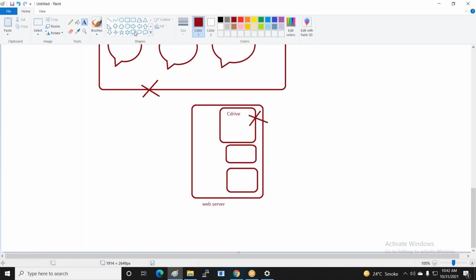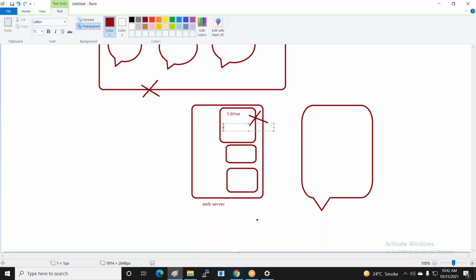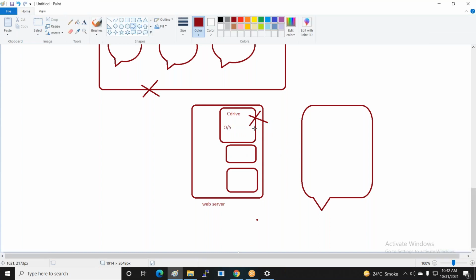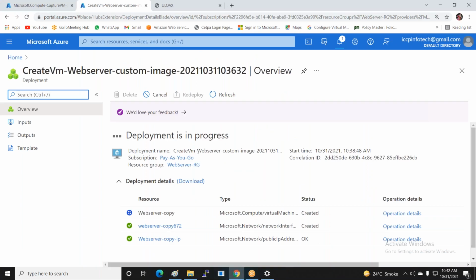This is my web server, and you can create a new web server, a new server. And how do you change the hard drive? I'm using this web server, the IIS server installed on this hard drive, the OS drive. This is my OS drive. So how do you exchange the OS drive, how do you swap the drive, how do we add a drive attached to this server? How do you exchange the hard drive volumes, create new volumes, or attach a volume to the existing server or a new server? Got it? Okay.